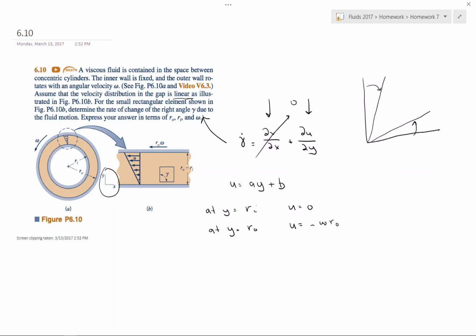How are we going to get rid of that b? You have to be careful though, because we got to get rid of a as well. We could add the equations, or even better,